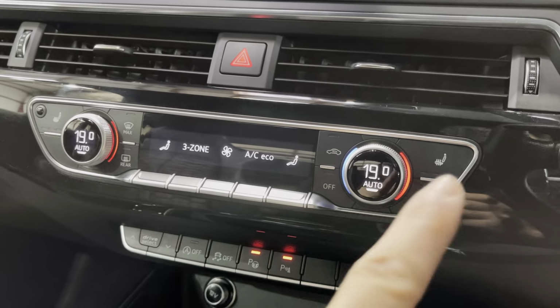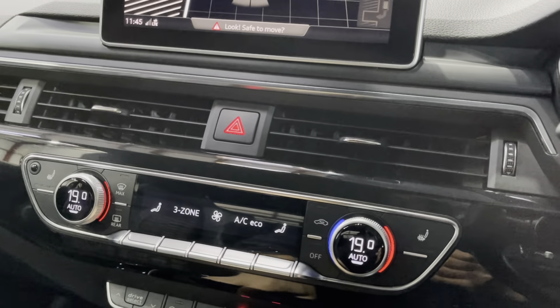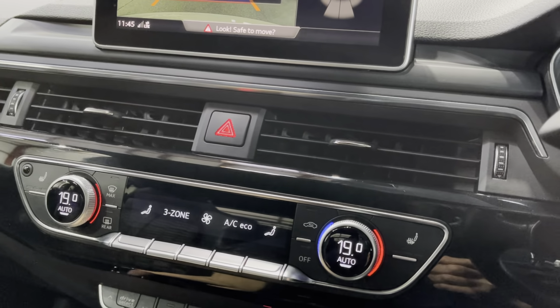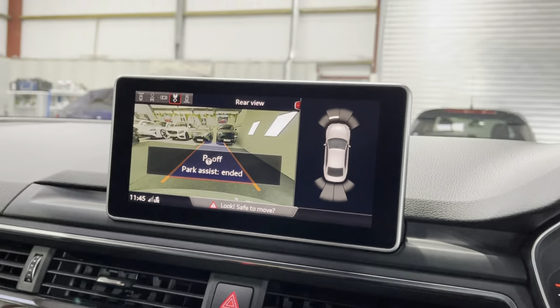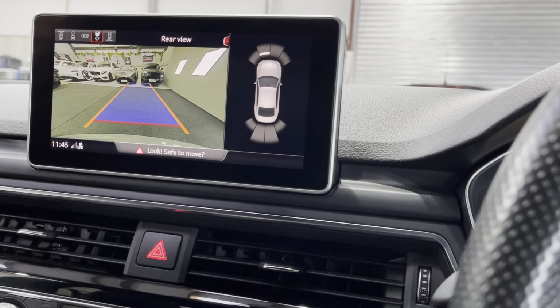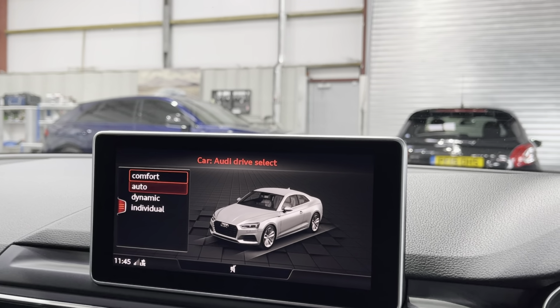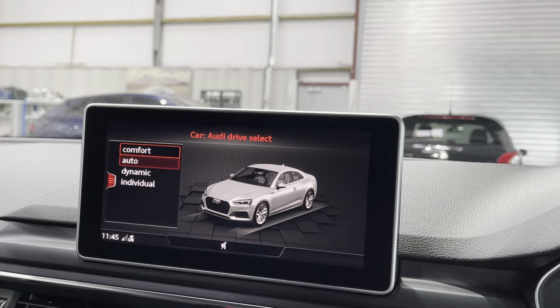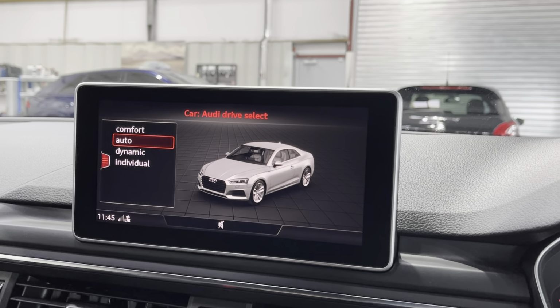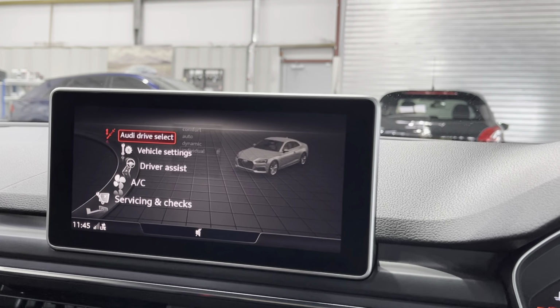You've got dual zone climate control, heated seats. You've got the drive select button. I'll just turn that off one second. You've got the drive select button, which obviously switches between the comfort, auto, dynamic, individual, and of course you can then configure the